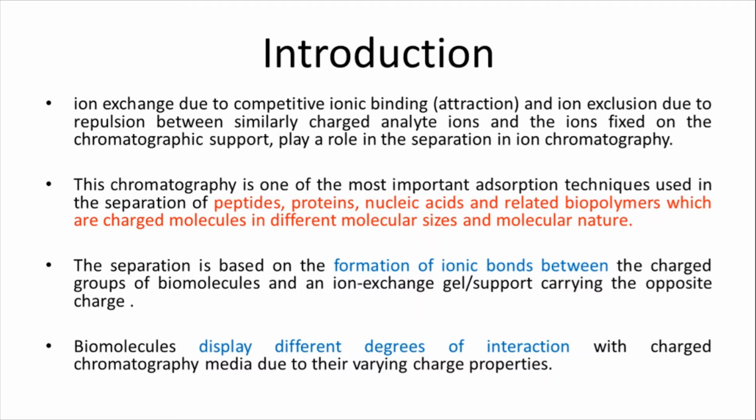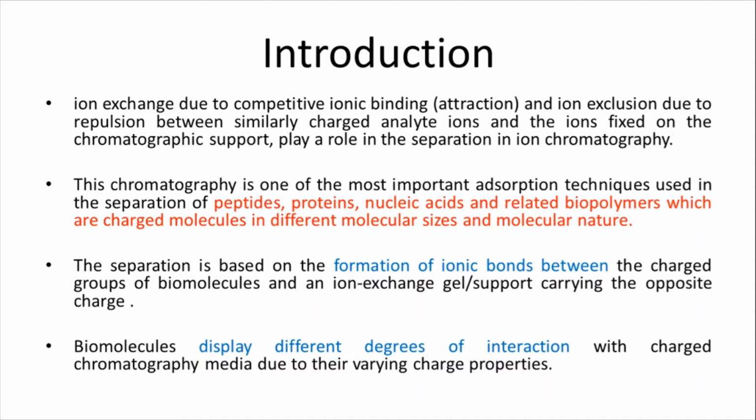This is the basic principle of competitive binding: the molecule which is more anionic readily binds to the cationic stationary phase. Suppose you are adding two molecules, A and B, and the A molecule is more anionic than the B molecule. If you add both samples to the column, the A molecule readily binds to the stationary phase because the stationary phase is cationic. But the B molecule also binds. The binding affinities differ.